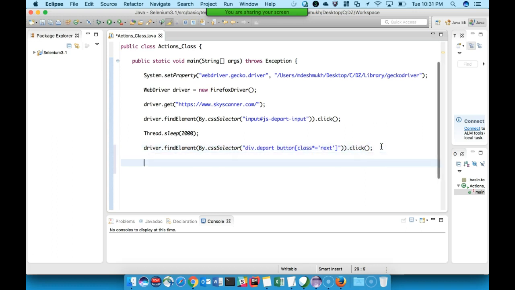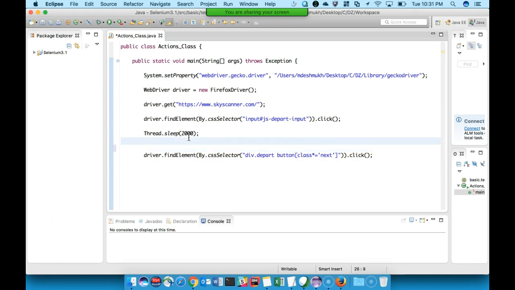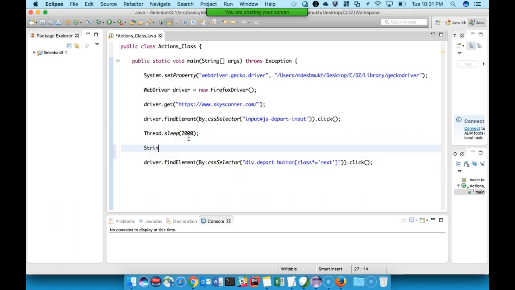Okay, but we are going to click it right away. Let us take a string, expected month, as January 2017, so that we can compare it with the one which we are selecting over there.